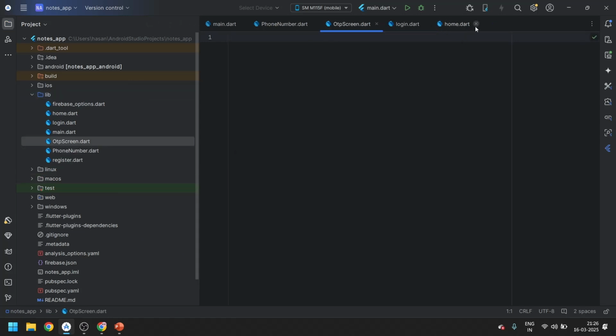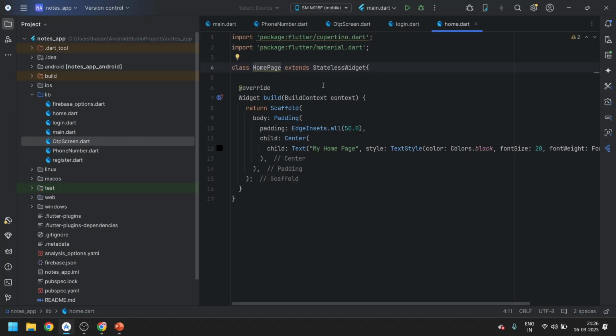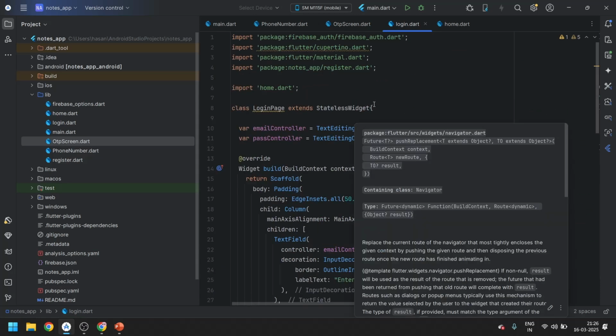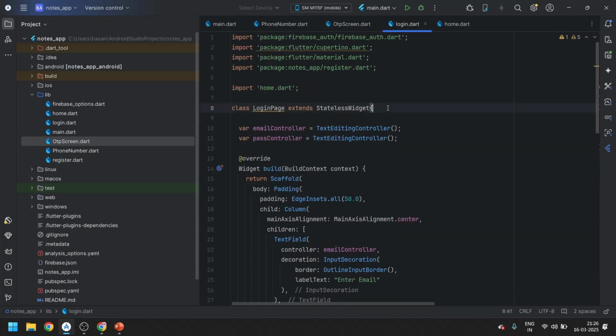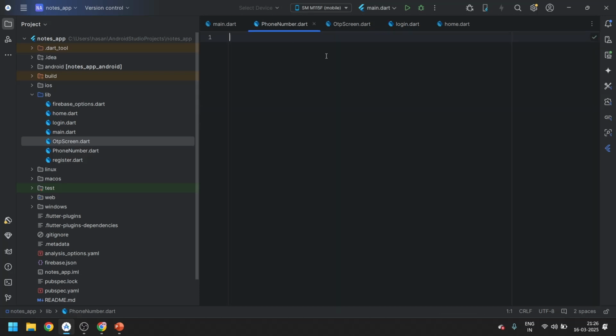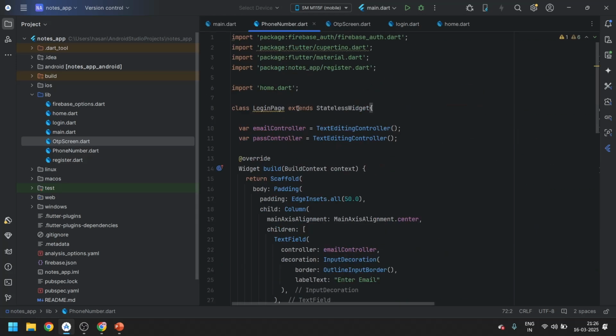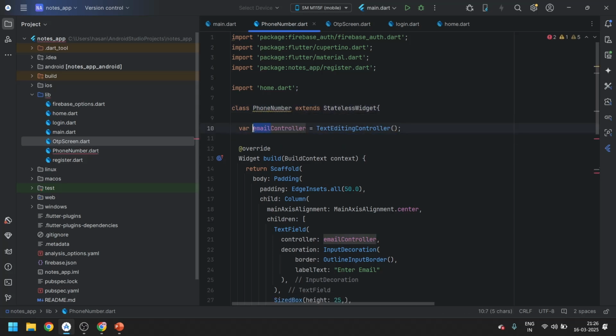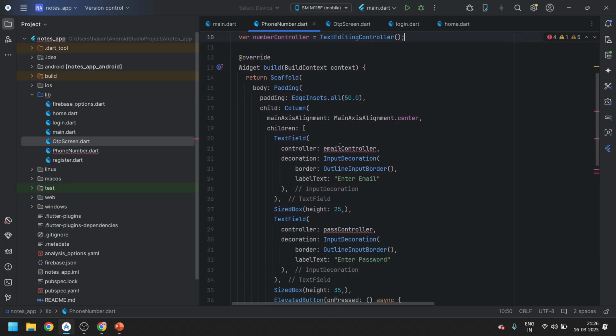Close all the other tabs and keep the home page as it is. And on the login page, let's just copy the code. Go to phone number, paste the code, and over here change. Let's just change a few things.